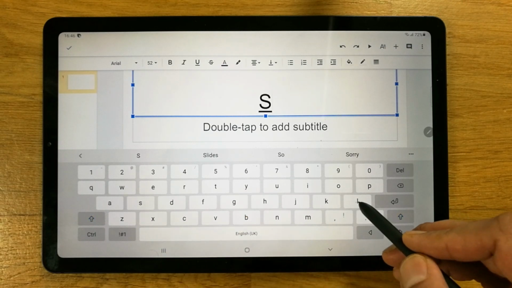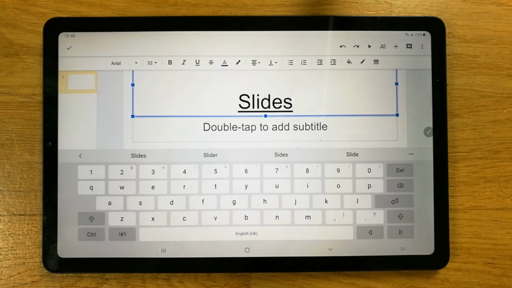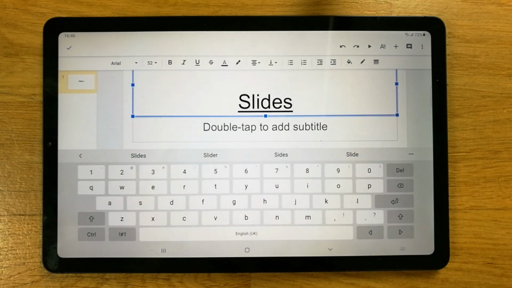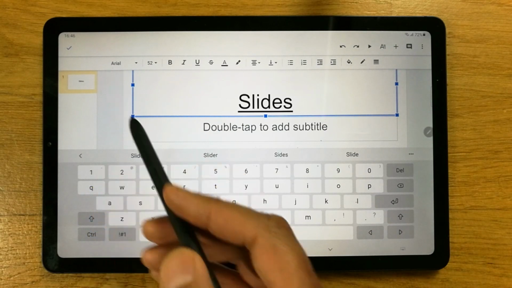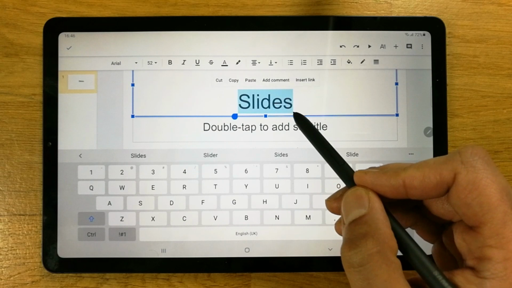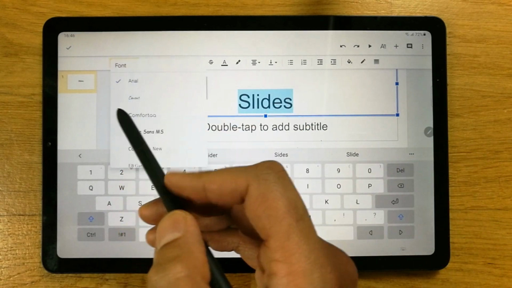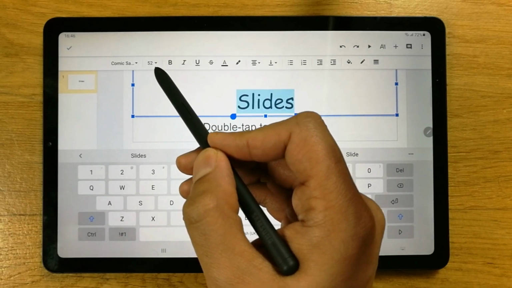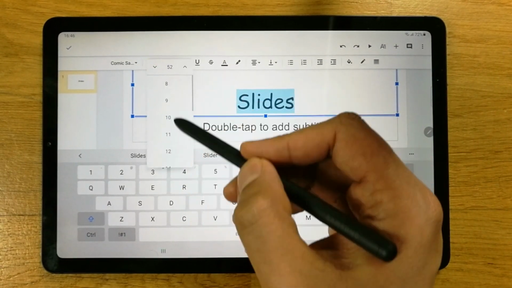For example, I write here slides, and all the tools appear in front of you, so you can change the format of whatever you write. Just double click, select it, and then you can select the format. You can also change the size, make it smaller or bigger.